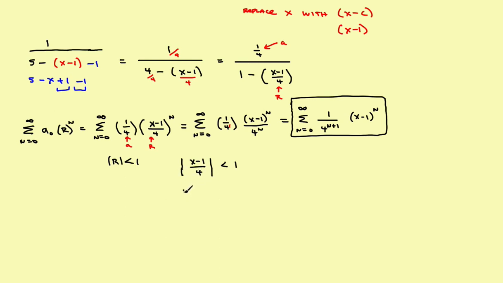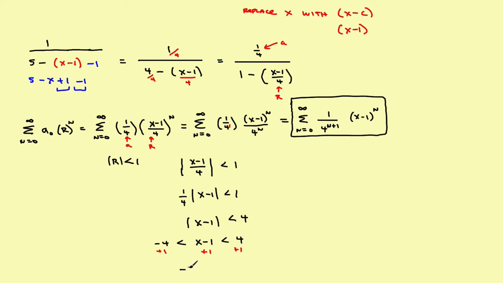Well, again, factor out the 1/4, so that's going to give you 1/4 of the absolute value of x minus 1 is less than 1. And again, multiply both sides by 4, and you'd have the absolute value of x minus 1 is less than 4. And if the absolute value is less than 4, that means that x minus 1 is less than a positive 4 and greater than a negative 4. And then finally, to solve this, since you've got an x minus 1 here, just add 1 here, add 1 here, and add 1 there, and you'll come up with